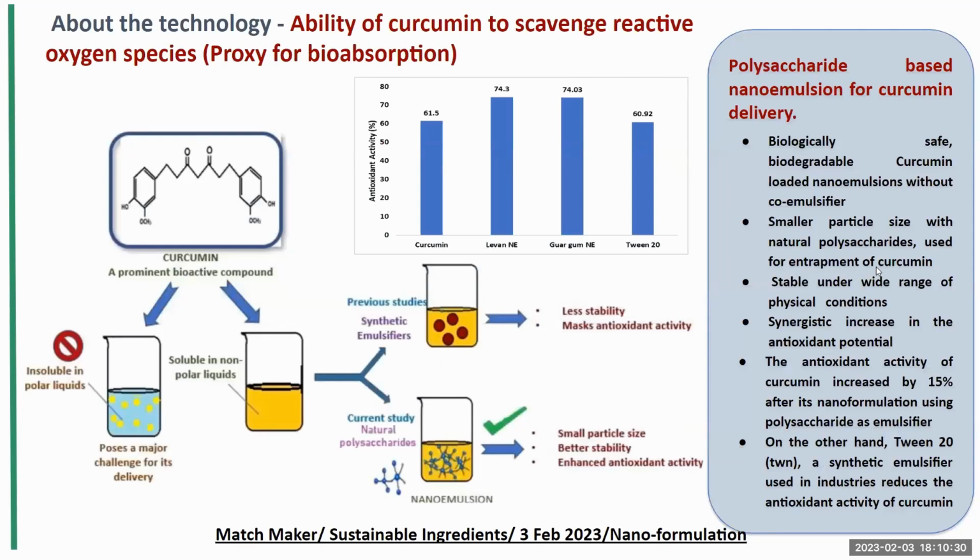So now, when we look into this system, we tried to pick up a model molecule. We picked up curcumin. We all know about curcumin right now. And curcumin has the ability to scavenge ROS, so it can be used as an antioxidant. And so we just used curcumin as a model compound. We have used a few other molecules also for the same purpose, but today I'm presenting only curcumin here.